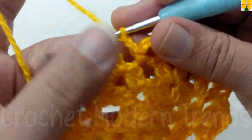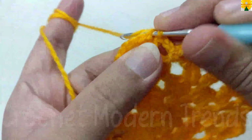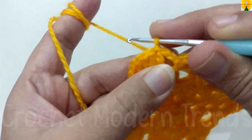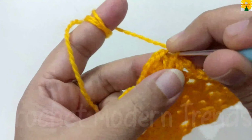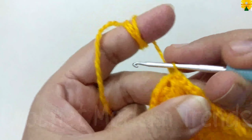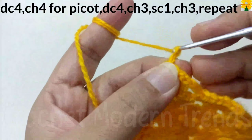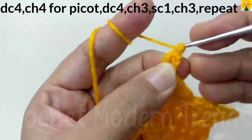After the end of the round, we have to do chain 2. Now we have to join the stitches on the top of the first stitch with slip stitch. On the top of the next stitch, slip stitch 2. On the top of the next stitch, slip stitch 3. Into the chain space of 2, slip stitch 4. Chain 1, 2, 3, which counts as a double crochet 2,